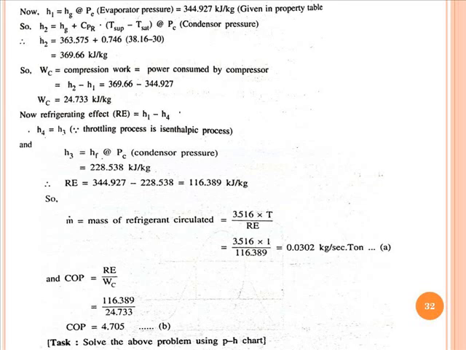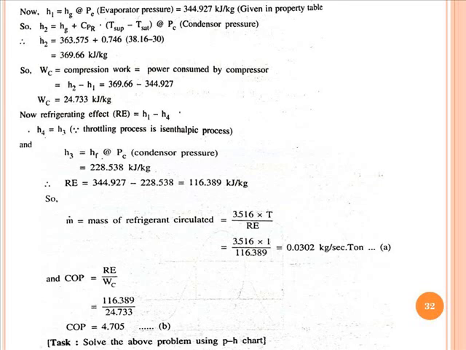When H4 is available, definitely our refrigerant effect is available. So we know that H3 is equal to H4. And the H3 value is equal to HF at condenser pressure, that is the enthalpy of saturated liquid, that is 228.538 kilojoule per kilogram. So our refrigerant effect is H1 minus H4, that is